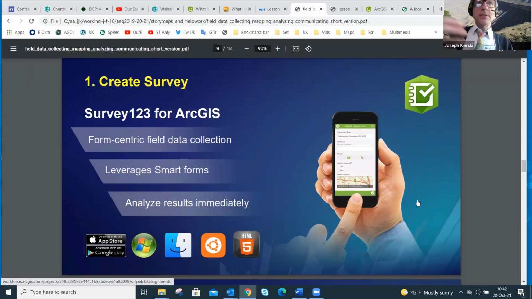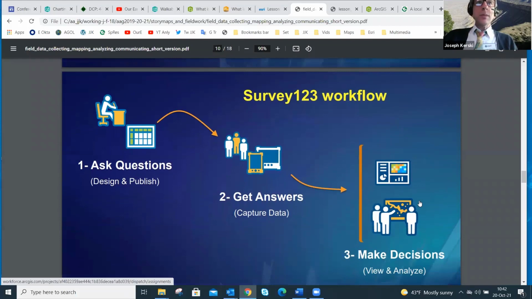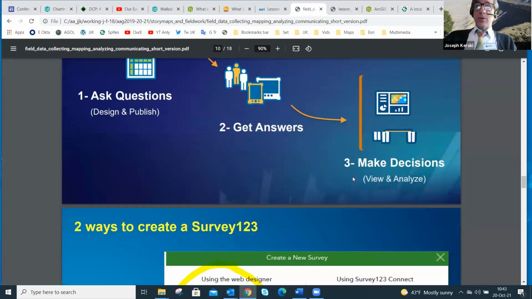There are pros and cons of sharing it with the world, with the public. We'll talk about those as well. But the notion of 1, 2, 3 is this: asking a question, getting the answers, and making decisions once you are able to see the data spatially.